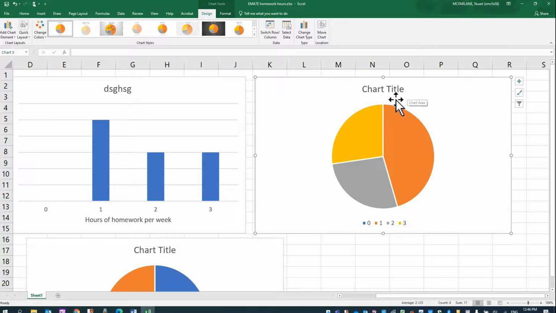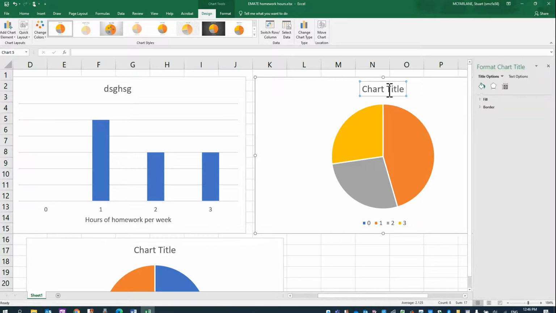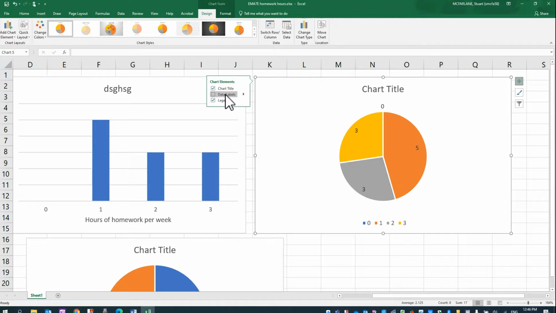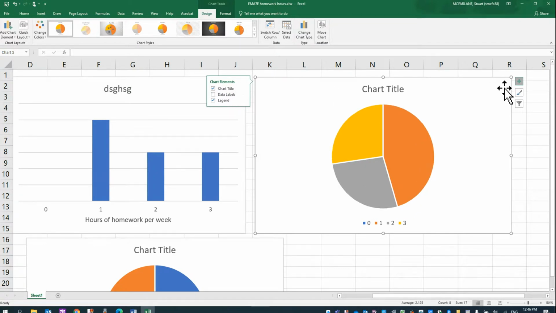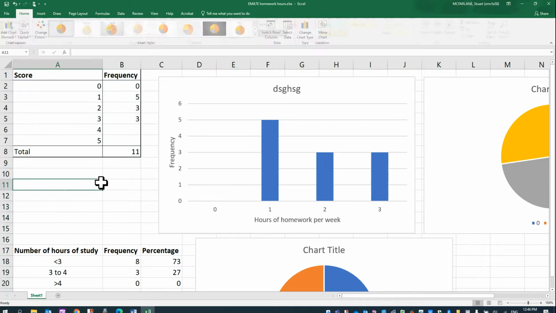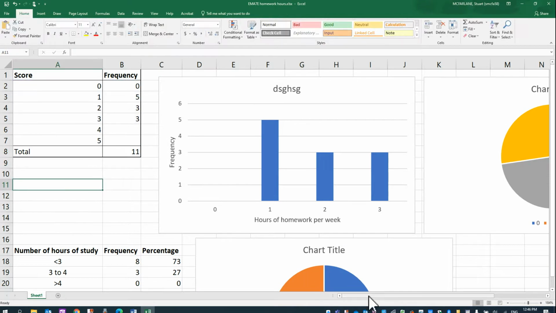Now, I want you to double click, change the chart title to whatever you think. Remember we did this in the last one. And you can add some data labels if you'd like, but you don't have to. You don't really need to do that. Alright, now that we've done those two graphs and this table, click anywhere off your spreadsheet, and we can start